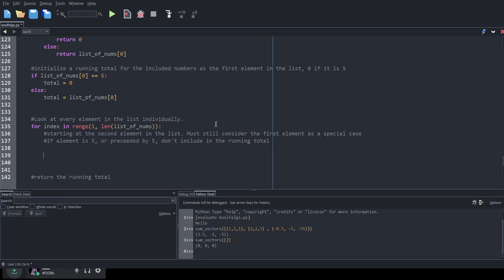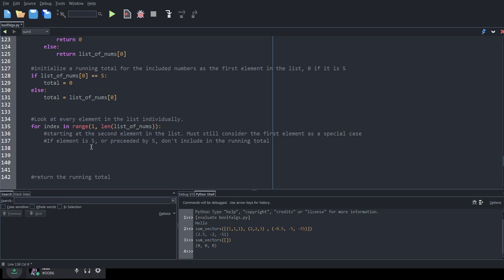Okay, so we can do that with an if statement. And keep in mind, we're inside the for loop. So we already initialized total, depending on what the first element is. And now we want to be looking at every element in the list individually, from the second onwards.